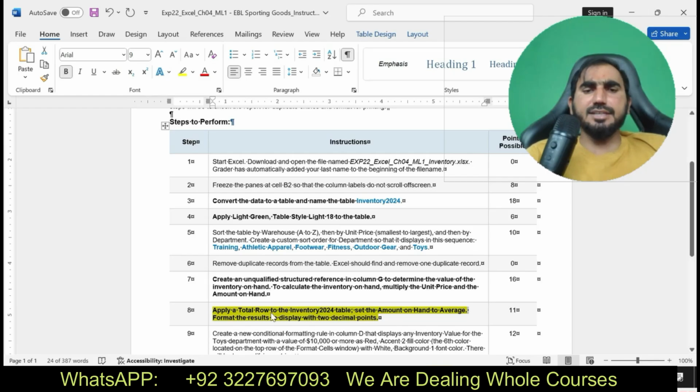Apply a total row to the Inventory 2024 table. Set the amount on hand to average. Format the result to display with 2 decimal points. Here you can see I'm going to solve step number 8.